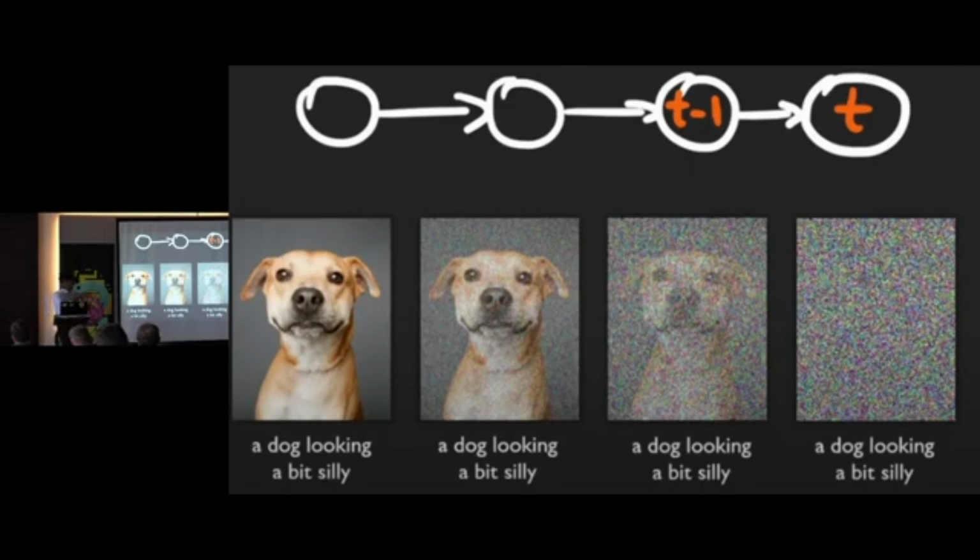But how does it generate meaningful images? How does the text go into this? CLIP is what helps. CLIP has the image-text pairs of all the billions of images, a big dataset, and that's what helps contextualize this into generating meaningful images and not just random images out of this Gaussian noise.